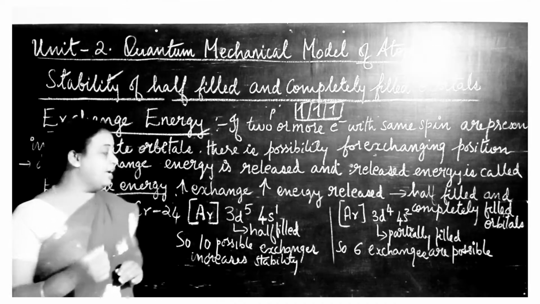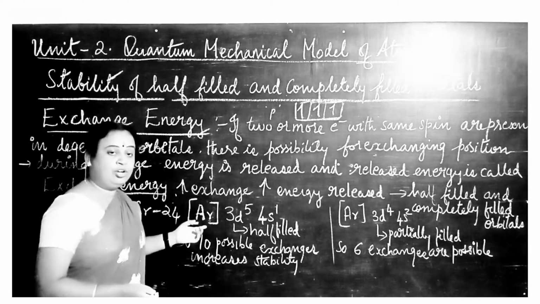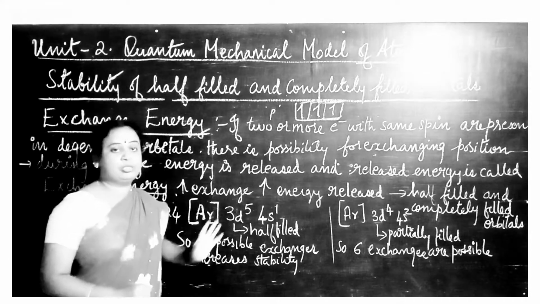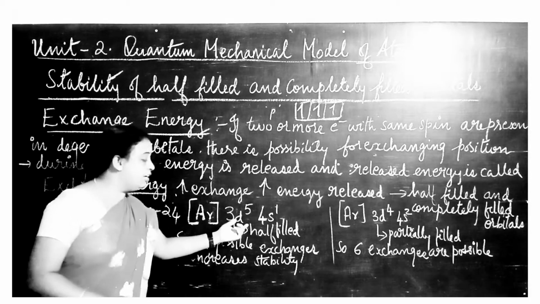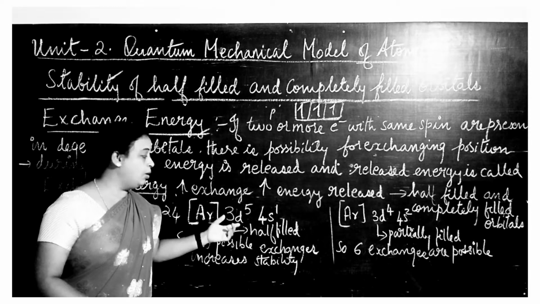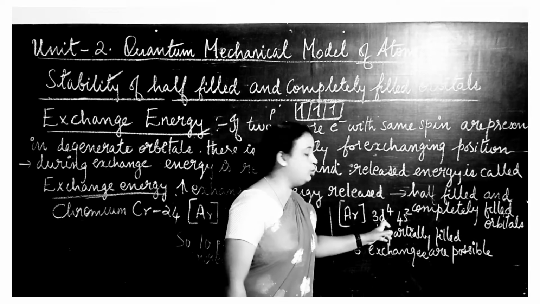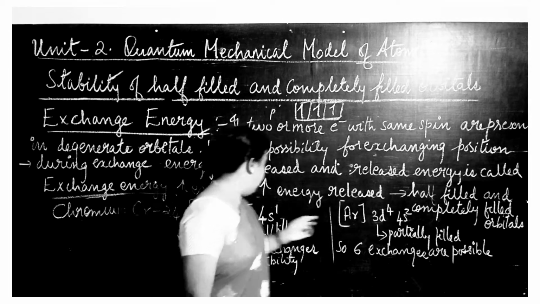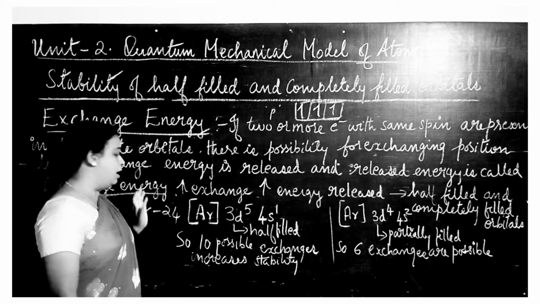So now let us understand by taking the example of chromium. Chromium has atomic number 24. Its actual electronic configuration is argon 3d5 4s1. So here the symmetrical distribution of electrons is seen. Here the d orbital is half filled. How did the d orbital become half filled? One electron from the s orbital is donated to the d orbital, and likewise the d orbital is half filled. So this is the actual electronic configuration of chromium.